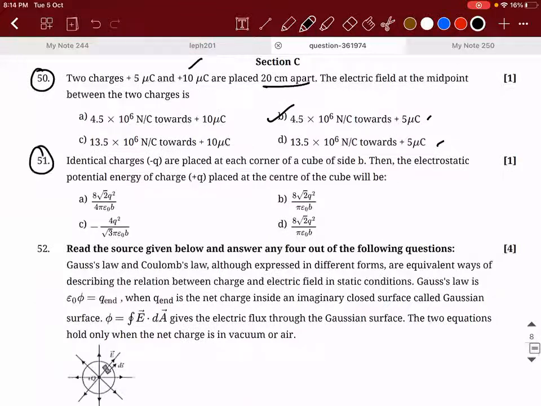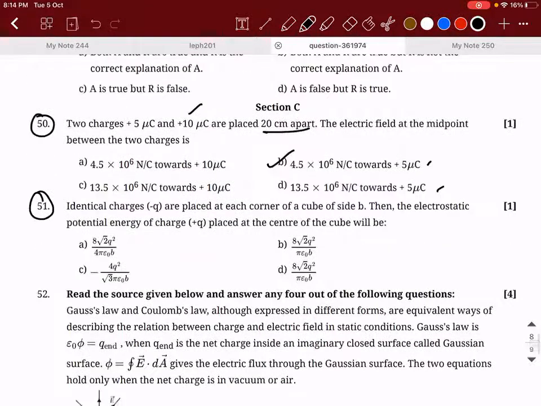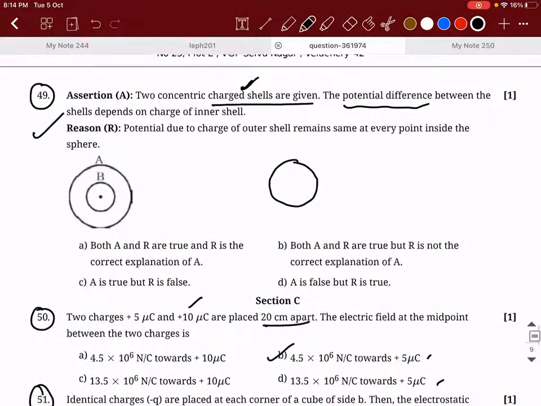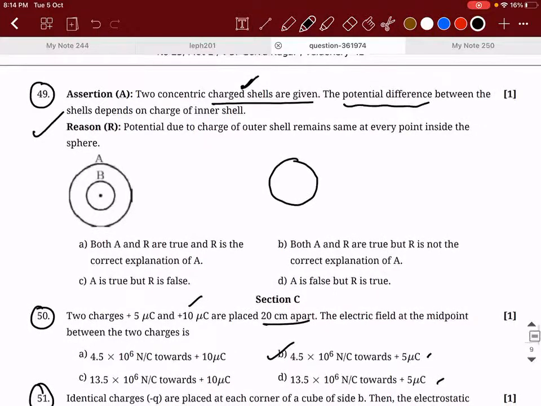Sir, 49, what is the answer? Which option? 49. Actually, both are right, ma'am. But since conducting spherical shells are not there, I stopped it. I didn't explain that. Okay, I forgot that it is removed. So if at all anybody has tried to attempt this question, I'll give marks for this. If not, you will not get. If somebody has written the answer for this and it has gone wrong, you will get marks.